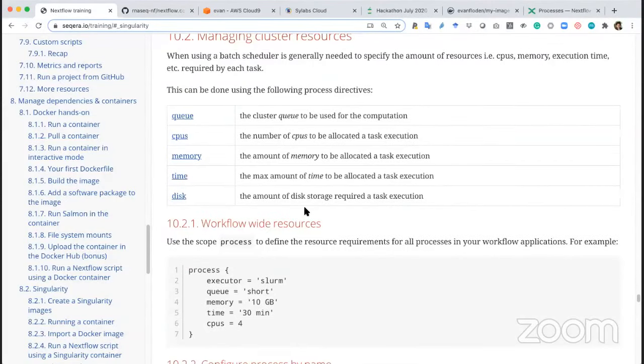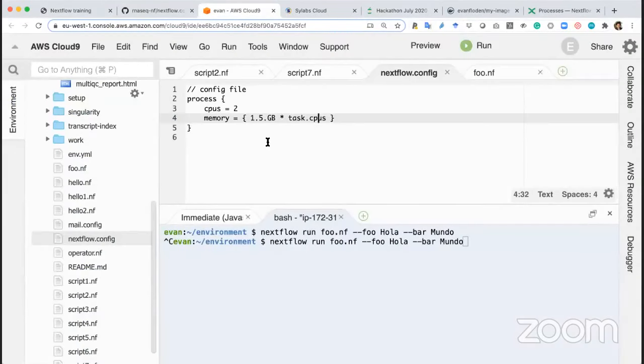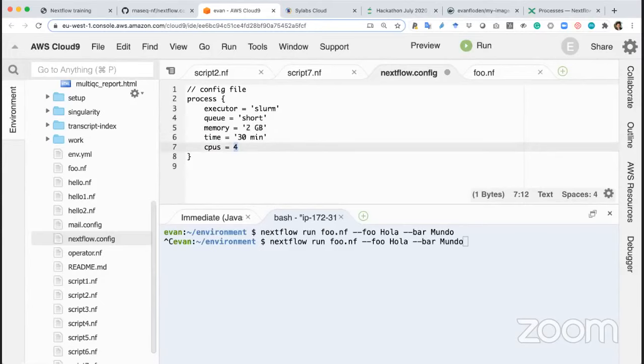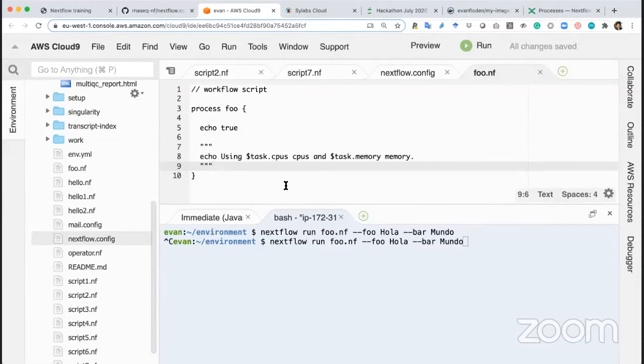So I'm going to now define a process in my config. And I don't have Slurm installed on this, but for the purposes of this demonstration, it should be fine. So I'm going to define that I want to use Slurm. I want to use 2 gig of memory. I want to have 30 minutes, and I want to use 1 CPU. I'm defining this in the config section. In my Nextflow foo, I can say I'm going to use this. Let's say this should all be fine, and I'm going to run now